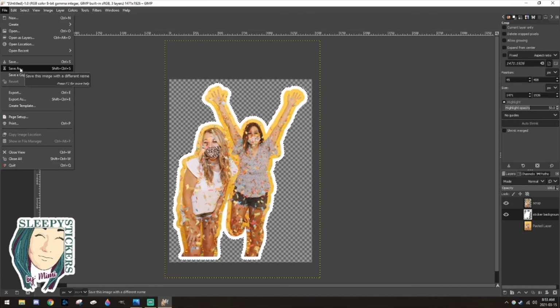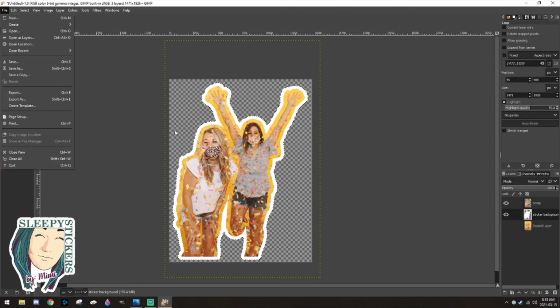However, what people forget to do is to Export As. So you want to export as a PNG, which supports the transparent background, so that you do end up with your white outline. If you save as anything else, you'll end up with the background, because it doesn't support a transparent background. It'll fill it in with white, and then it'll forego the work that you did to put the white outline around your image